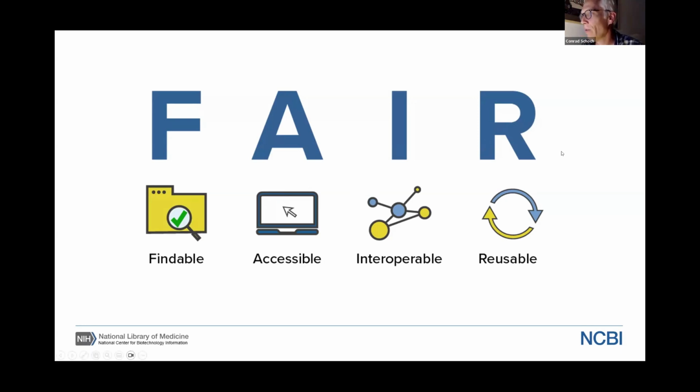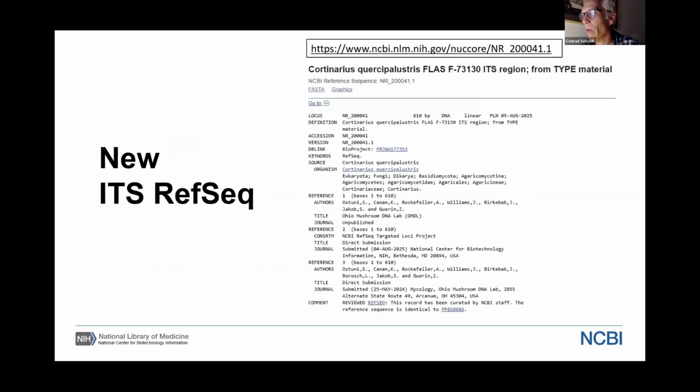I'm focusing for this talk on the reusability part by mentioning the ways that submission plays an important role in that. And as a database, we need to then make the data findable for people that come afterwards. And I think the other part of this process is that when the story of that sequence, and here's just one entry for when this story of our mystery sequence is told,